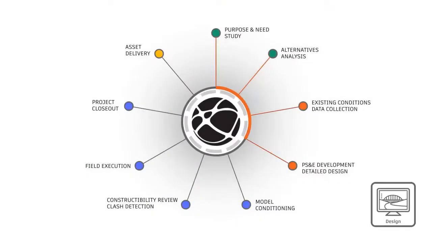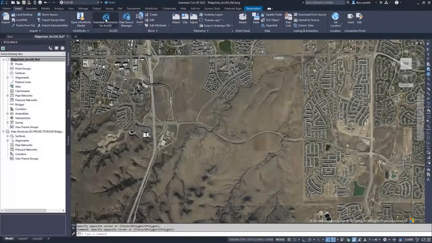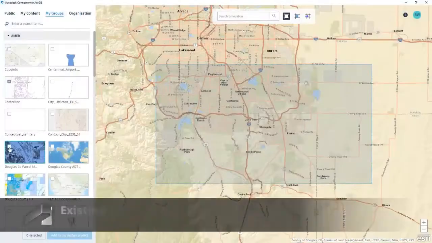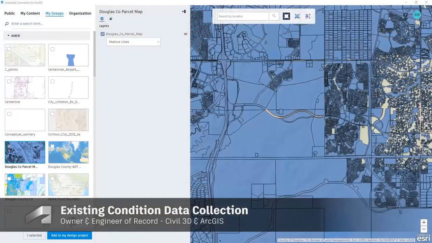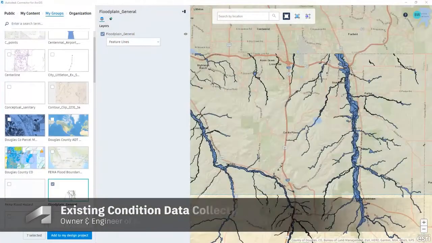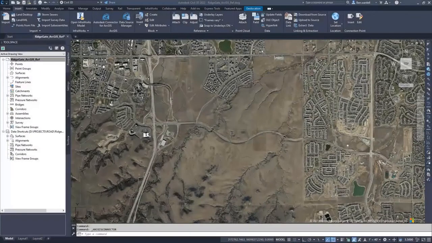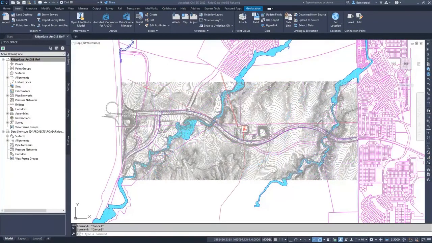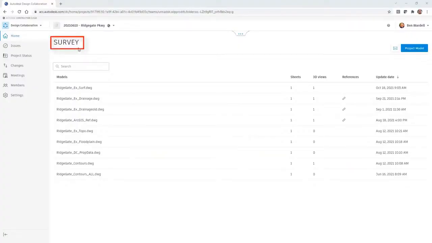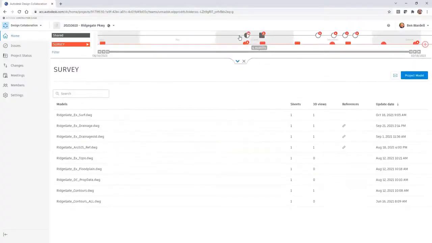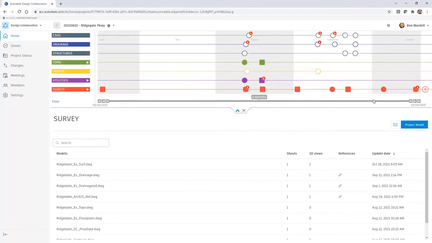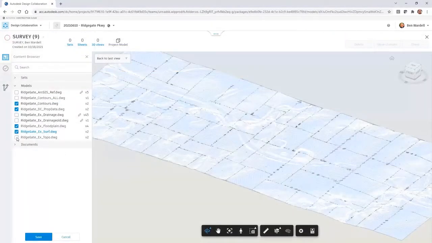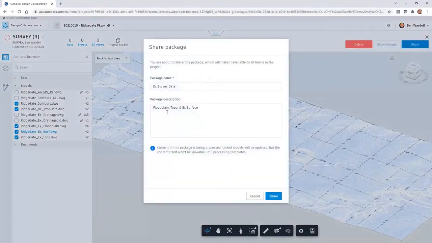In the design phase, existing conditions can be collected and detailed design can proceed. Using the Autodesk connector for ArcGIS, designers and engineers can compile libraries of data that can be easily added to their Civil 3D drawings, providing existing conditions and features for their projects. Once this data has been assembled, teams can share CAD files and surfaces with other disciplines using the Design Collaboration